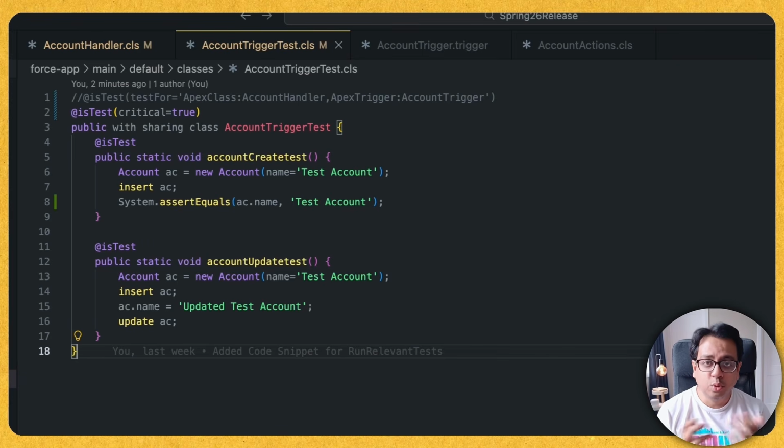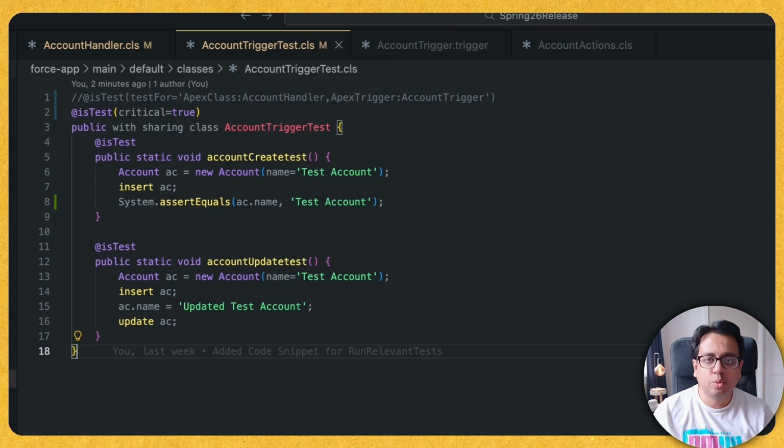But if you don't want that and you want to write a test class specific for a particular Apex metadata, then instead of critical equals true, you need to add the parameter in the IsTest annotation, testFor equals, followed by which component, which metadata the test class is for. For example, here I have written initially, this test class was for account handler Apex class and account trigger Apex trigger. So that's the way you should write and use RunRelevantTest in the deployment to make your deployment faster without